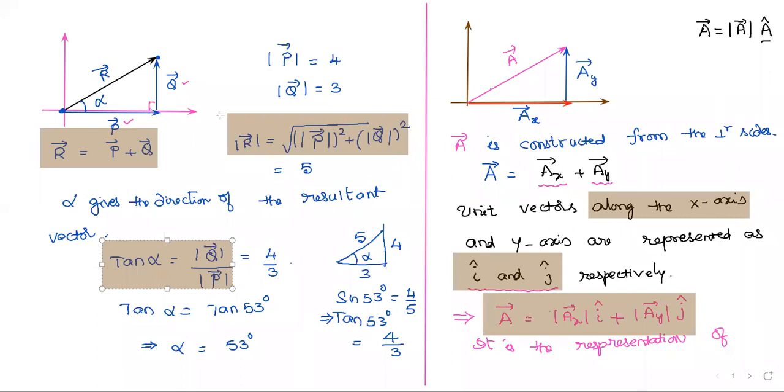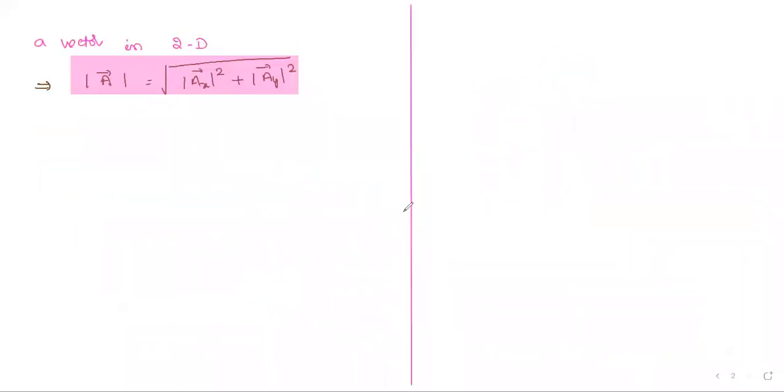Now come back to this question. If I ask what is the angle made by the given vector with x-axis, alpha, I'm asking. So here shall I write in the same way, mod of the opposite side divided by mod of the adjacent side. So its direction